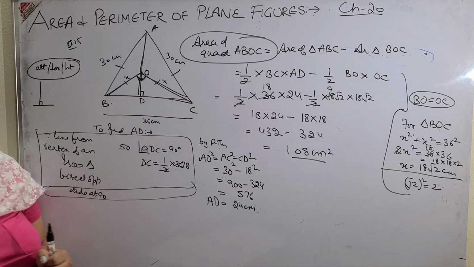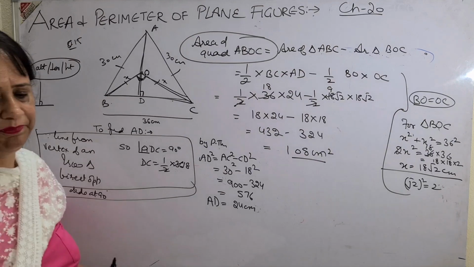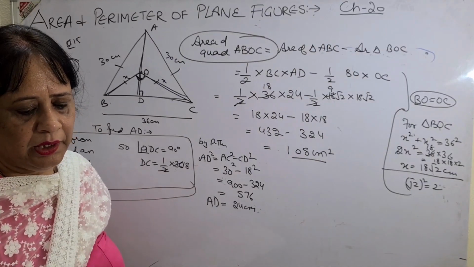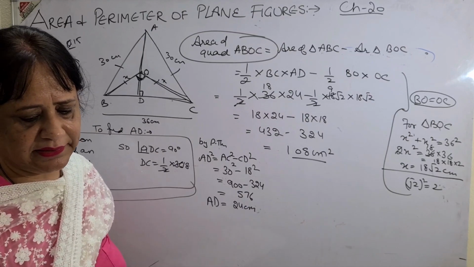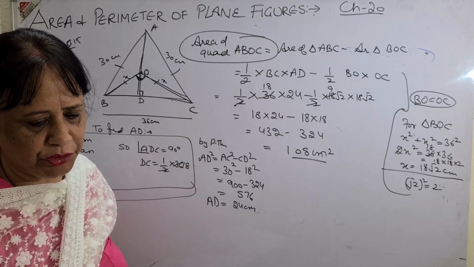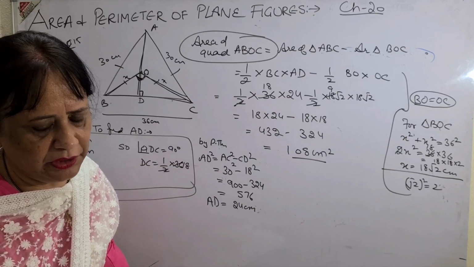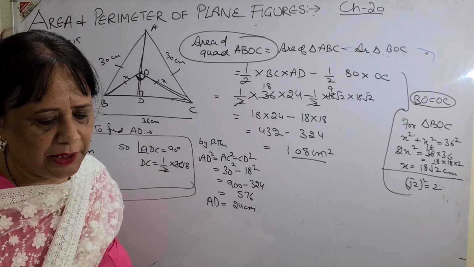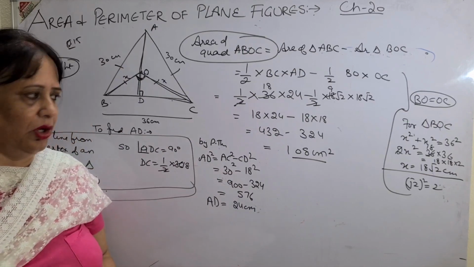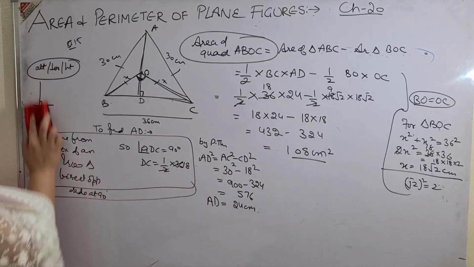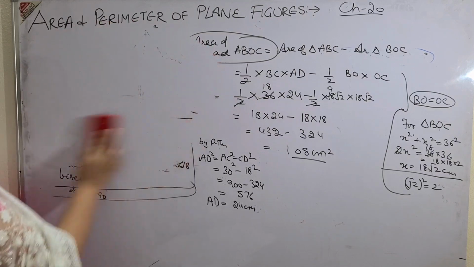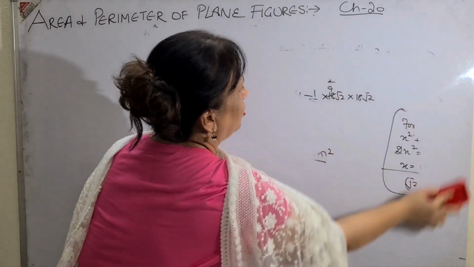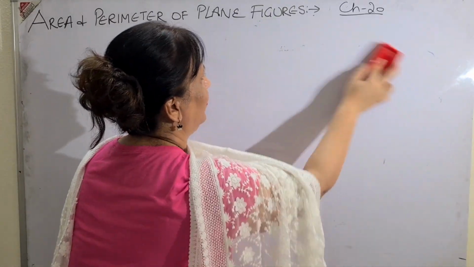Now I have finished with the first exercise of perimeter and area of plane figures. Coming to the second exercise, that is exercise 20B, I am just going to give you the formulas so that when I give you the second video, you come prepared with the formulas. You know them already, I am just going to revise with you so that I can go directly to the applications of the formulas for exercise 20B.